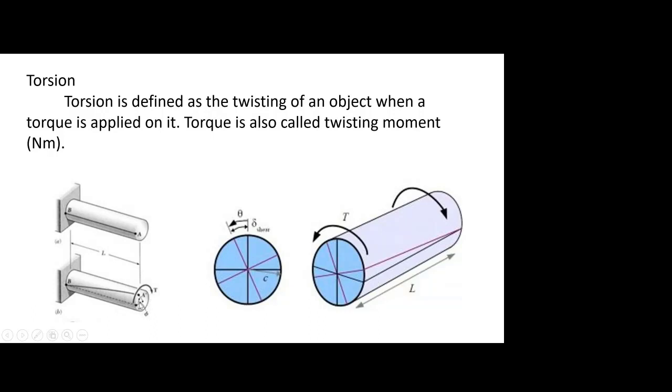That means the twisting. What will happen is, see here, the change in the axis. See here, it is twisted through an angle. It is shown to an enlarged scale here. So the length of the specimen is L, and let capital R be the radius of the specimen. Then this theta, we say it as the angle of twist.